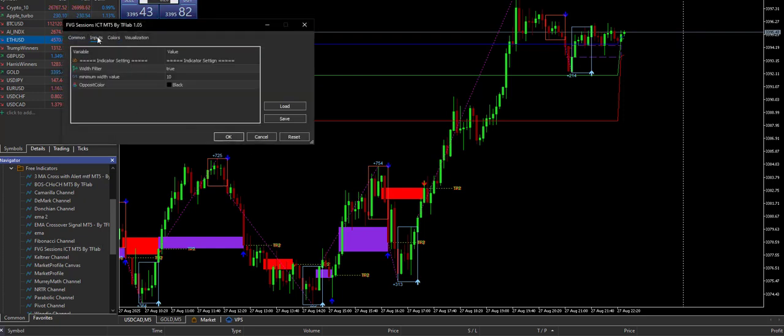So these are the settings. You can change the width, you can change it to 20.